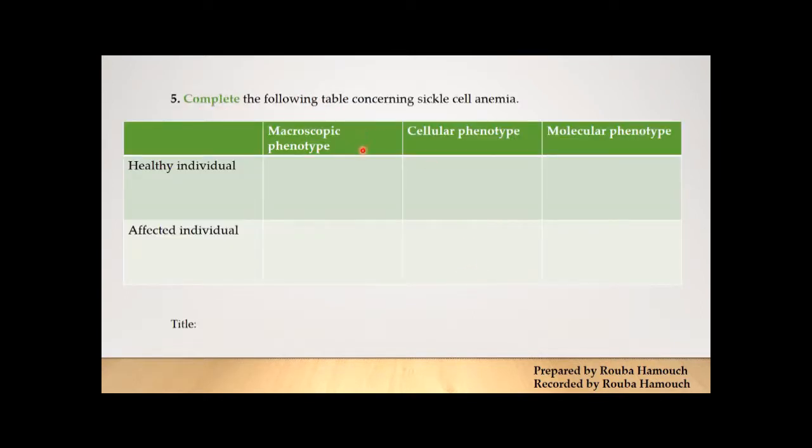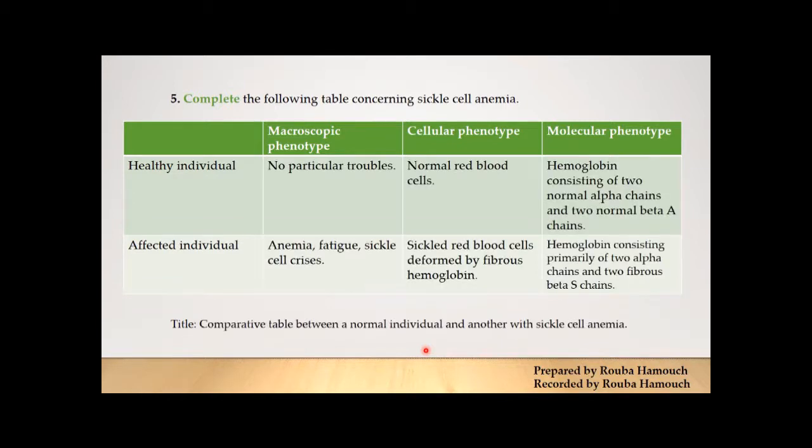Now complete the following table. What is the microscopic phenotype in the case of sickle cell anemia and the normal case, the cellular phenotype and the molecular phenotype? Take a few minutes to complete the table. For a healthy individual, there are no particular troubles, while the individual with sickle cell anemia shows anemia, that is, a low count of red blood cells or abnormal red blood cells, fatigue, sickle cell crisis,